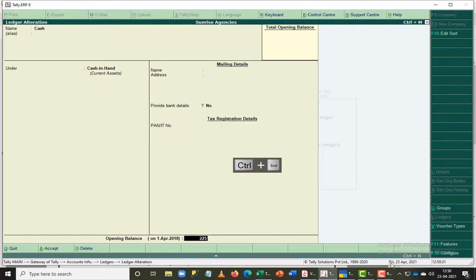So here I'm feeding the value. I won't give commas here, so I'll just feed the value, and when I give an enter, it automatically pops up whether it's a debit or credit. Most of the time Tally gives you the right answer. As I chose current assets here, it will automatically be a debit side of your balance sheet, so it will show you debits here.